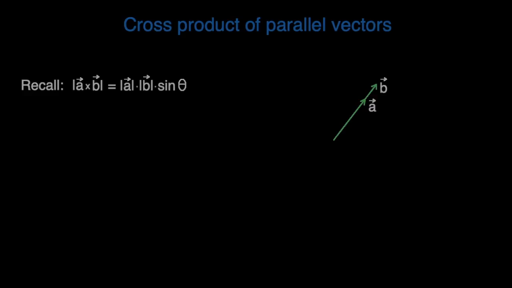Cross product of parallel vectors. Suppose we have vectors a and b parallel to each other. It is interesting to determine the cross product of these vectors in this case. Note that here the angle between the vectors a and b is equal to 0, and recall that the length